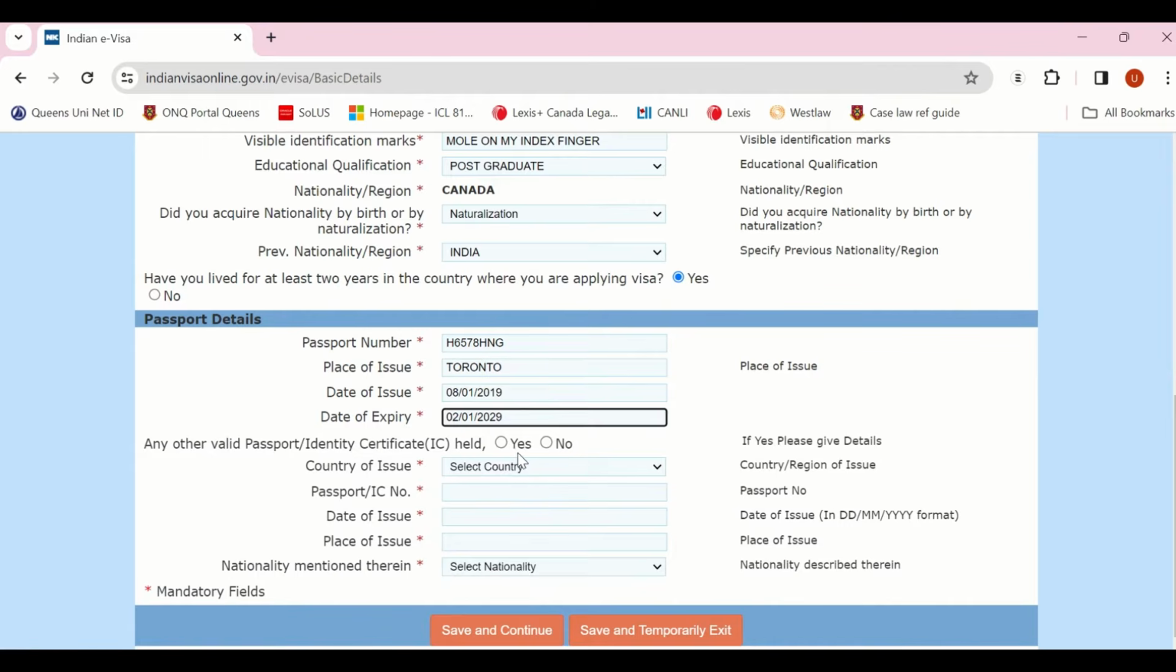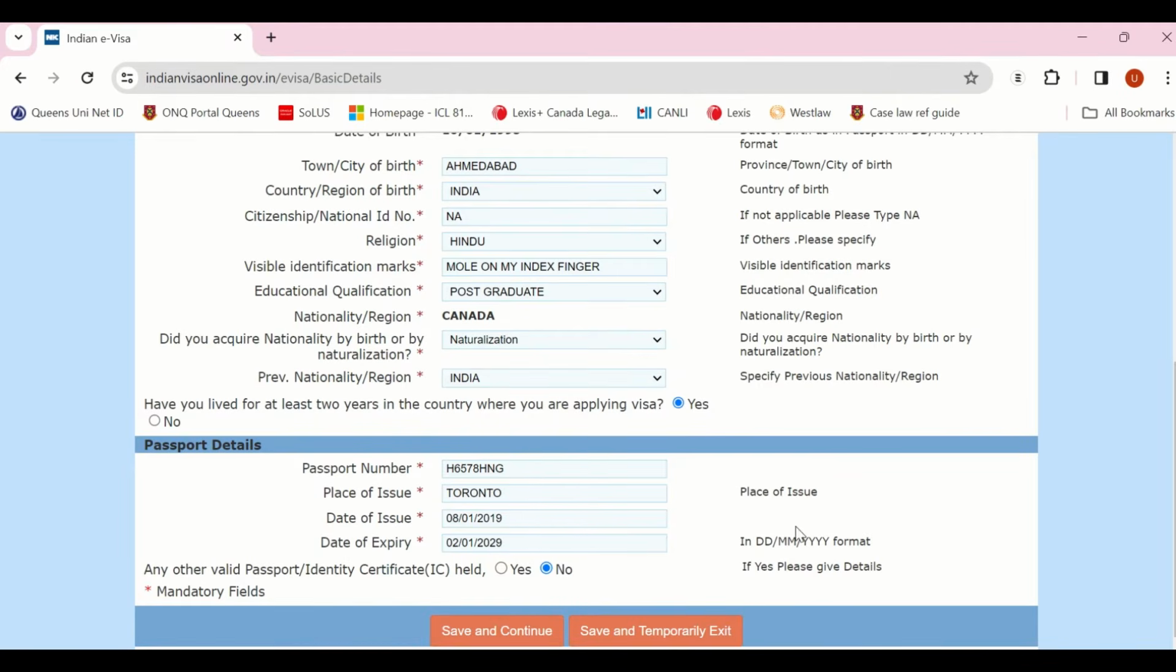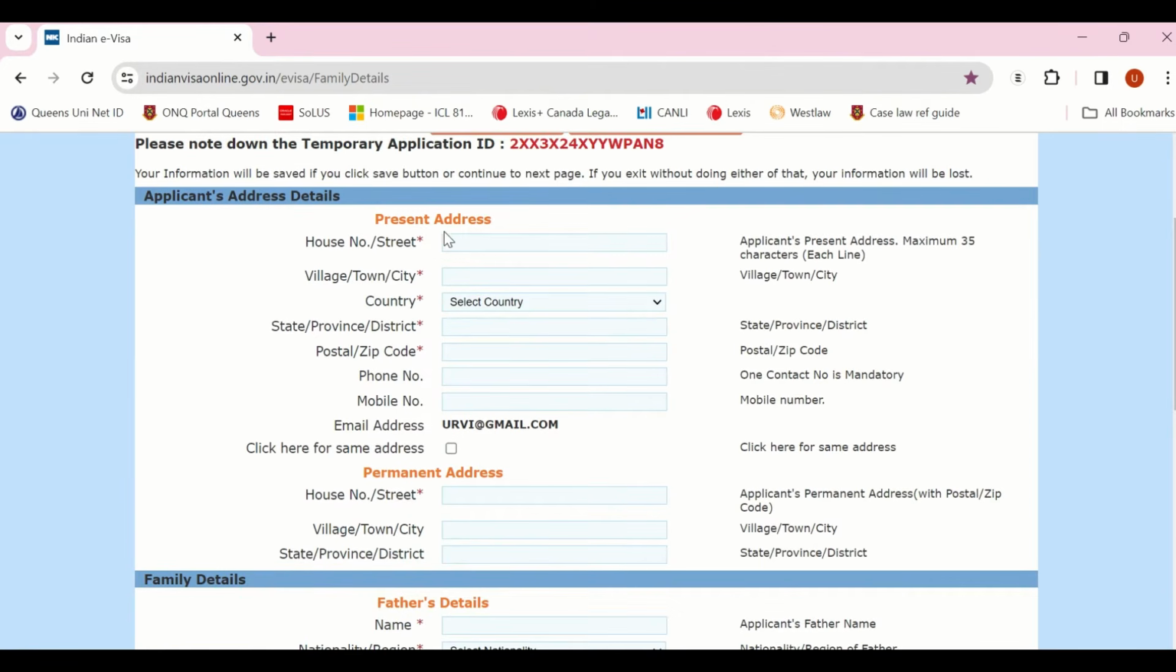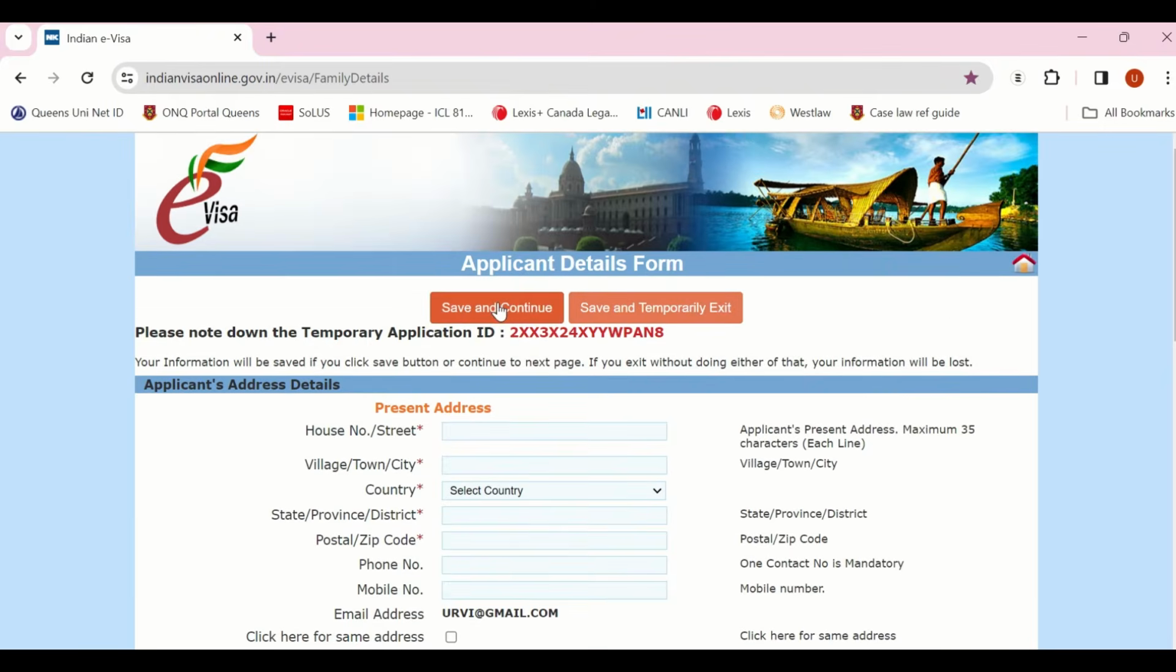Any other valid passport identity, so no, my country only allows one citizenship, so that's why I only have one. Passport details, if that's different for you, you have to fill in the options which apply to you. Okay, so now I will save and continue. Alright, perfect. So moving on to the next page, we have your personal information, so applicant details still,